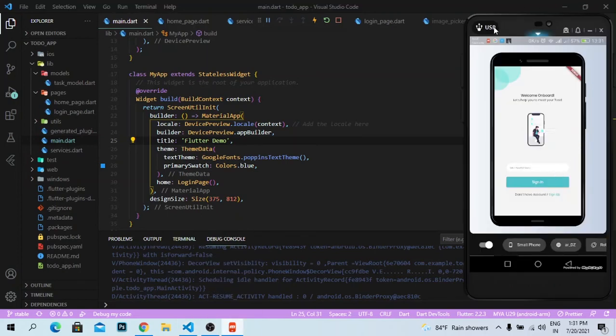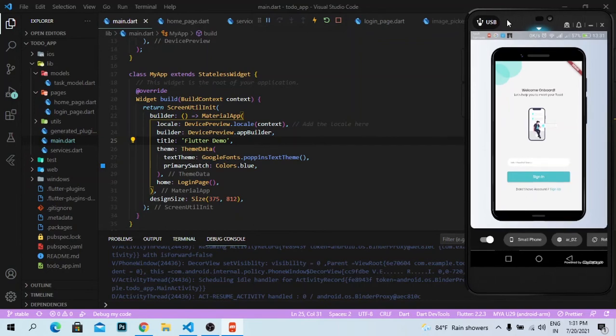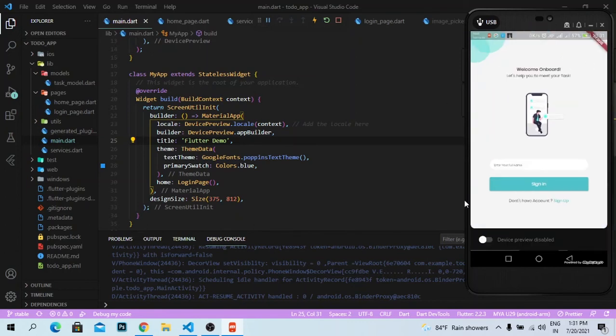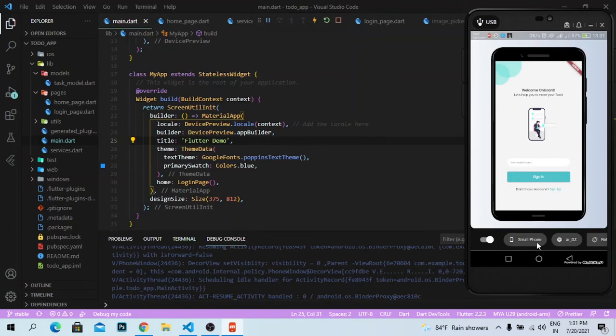So yeah, I'm running it on mobile devices. If you are running on emulators, you'll get something similar. So you can also disable these things and see your preview on your own emulator or mobile devices, and then you can enable and check on different mobile devices.